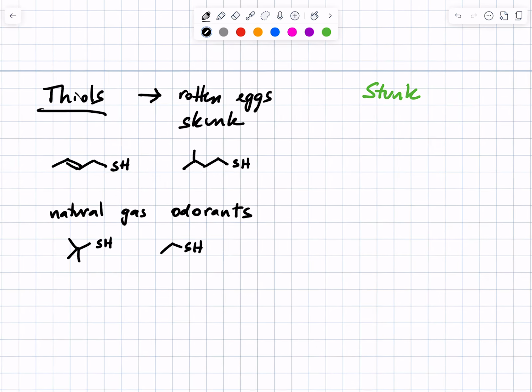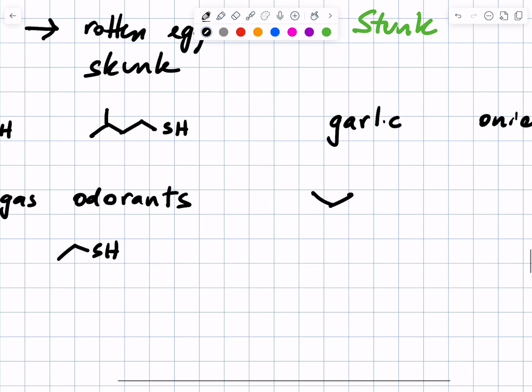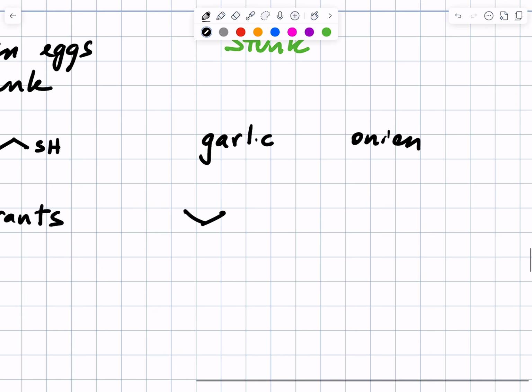Now, not all thiols are unpleasant. There are some that we actually use in cooking, though the smells are controversial. So garlic and onion breath are generally unpleasant, but people like garlic and onion in their food. So fun in cooking, bad on dates, I don't know. This is a thiol that's present in onion. It's an interesting one, with two sulfurs, and